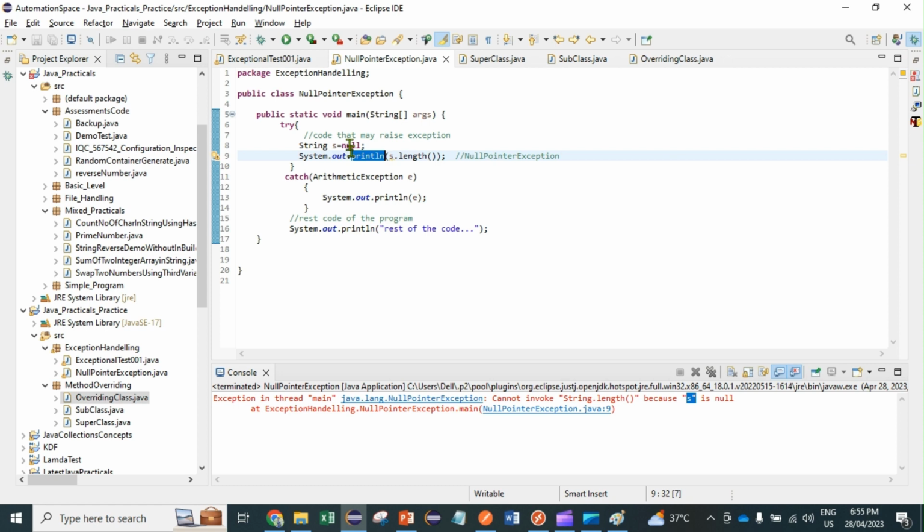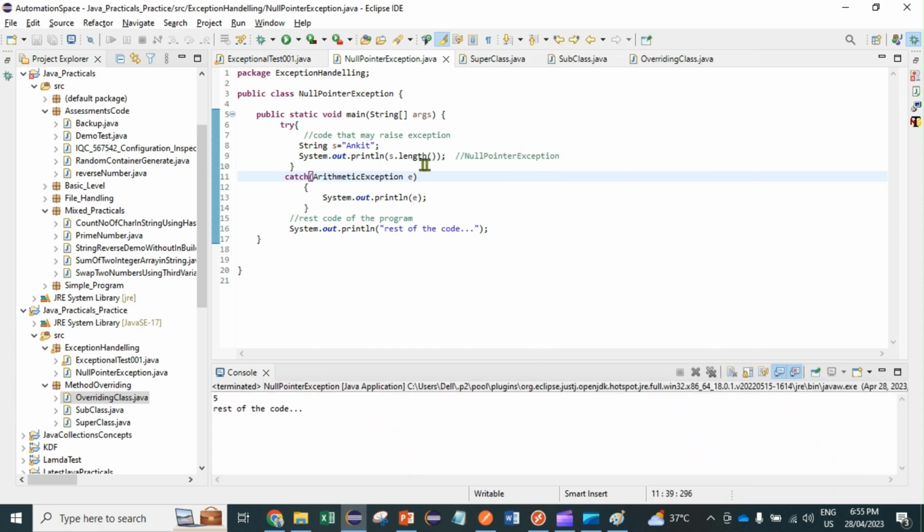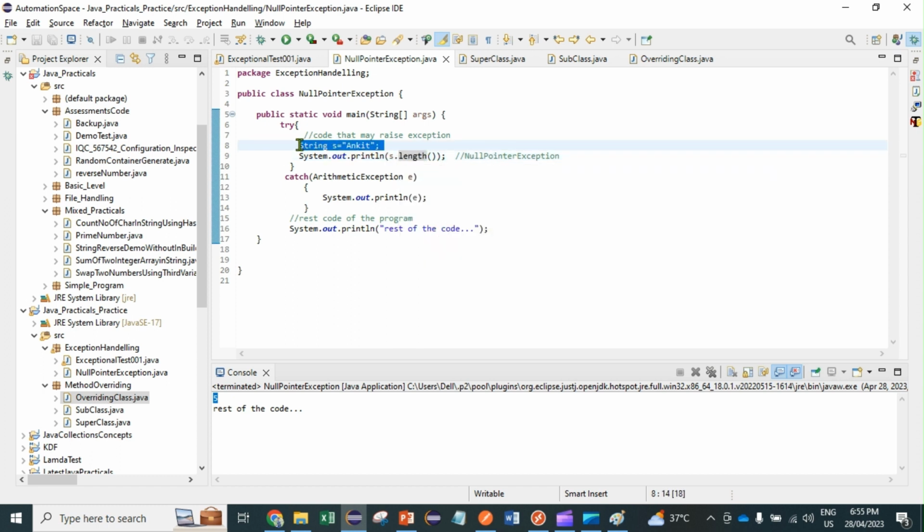Now suppose I say over here Ankit, and I try to run this one, what will happen? Let's see. Now the code will go into this block and print the length. Length of Ankit word is 5. So this is how the null pointer exception works.